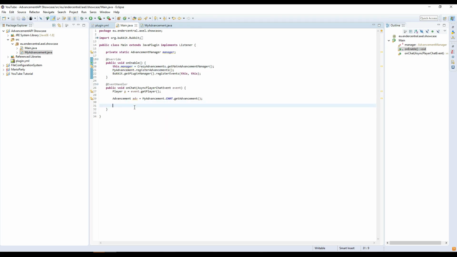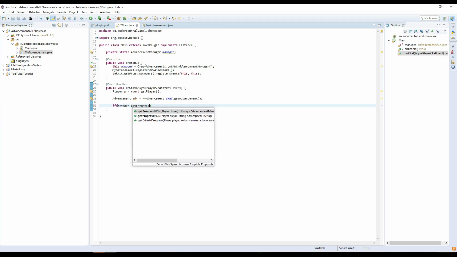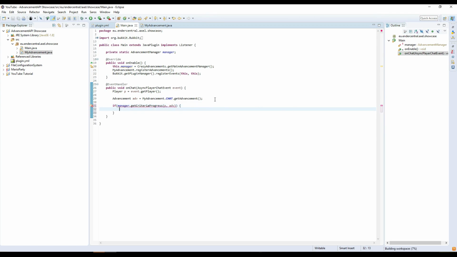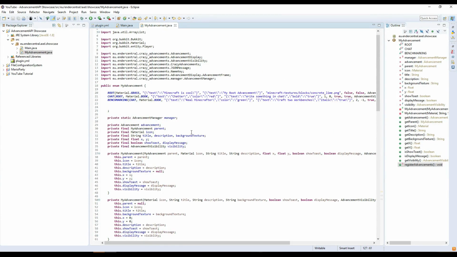So we'll do if manager.getProgress, getCriteriaProgress, player and the ADV, and this will return us a number, and we'll just have to check if it's bigger than the advancement.getCriteria. So we forgot about something here, so yeah, I'm a little bit forgetting, so we have to,